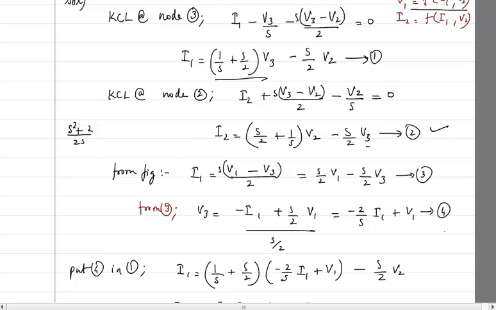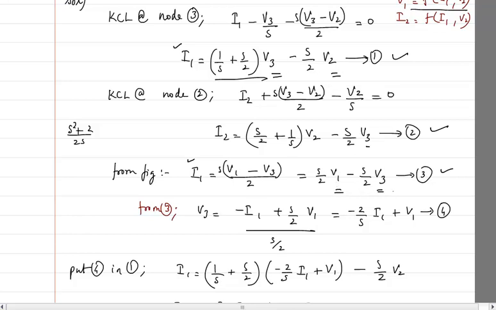It's not going to work that much. Okay, let me equate 1 and 3. So what will happen is, this is also I1, this is also I1, and the other side it is V3 and V2. Here it is V1 and V3. If I equate it, I will get